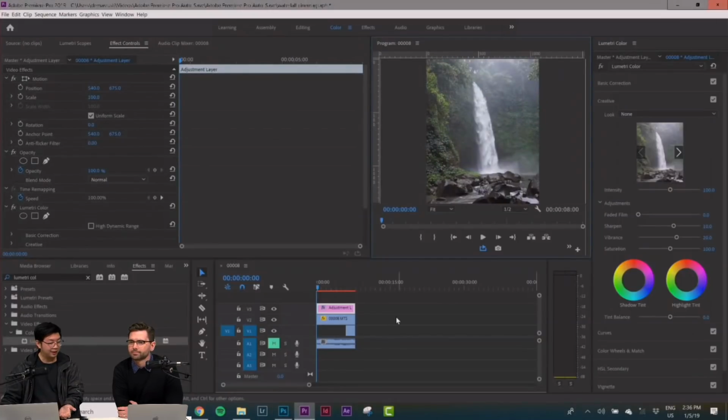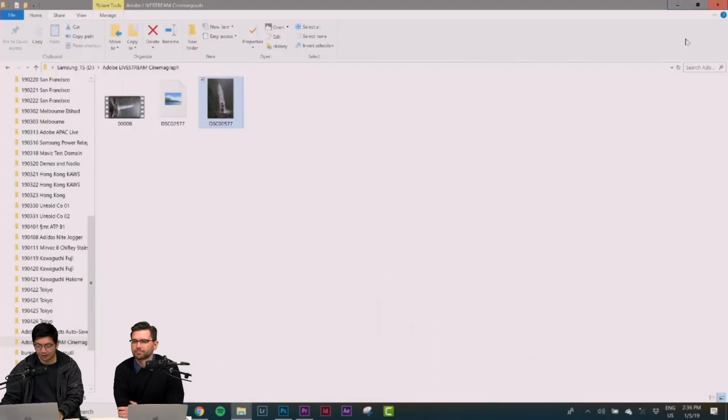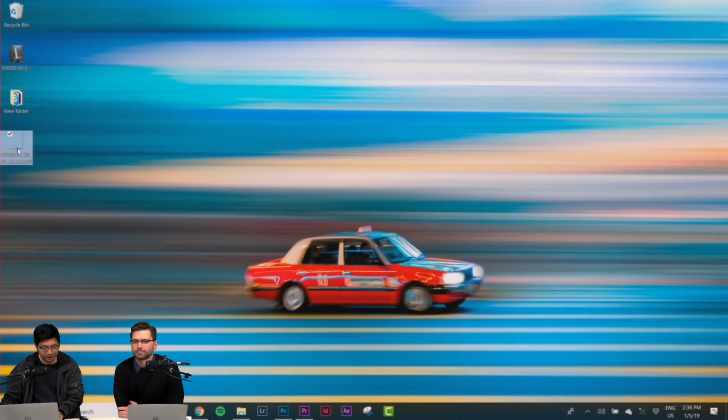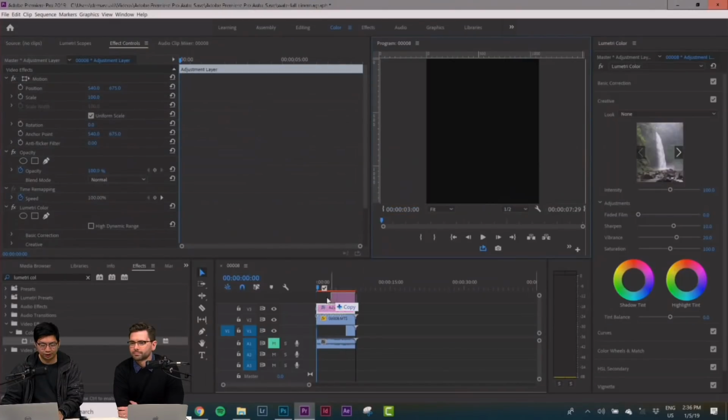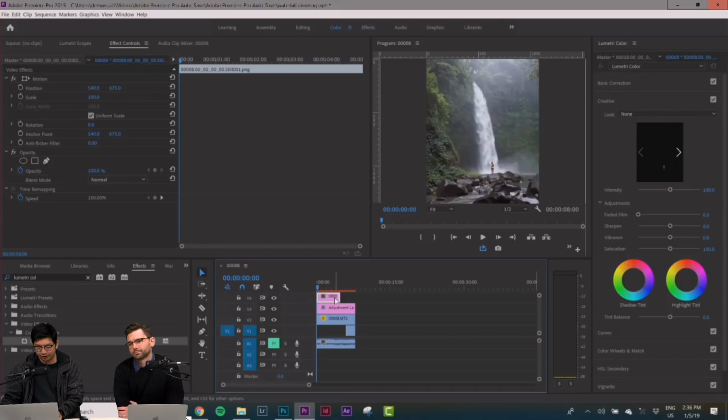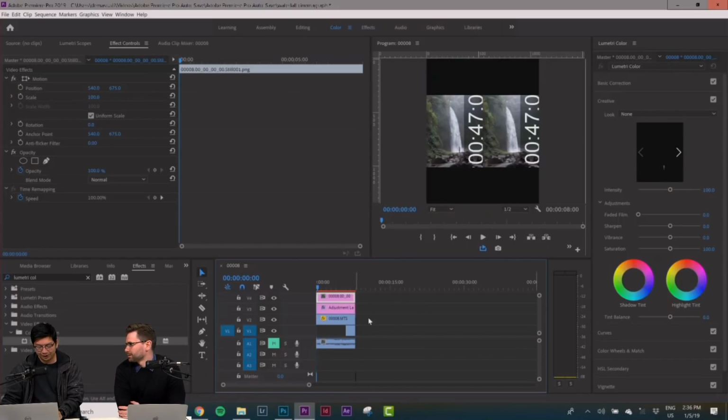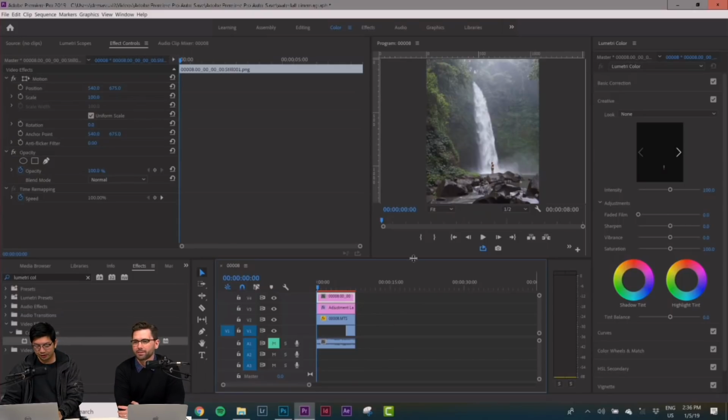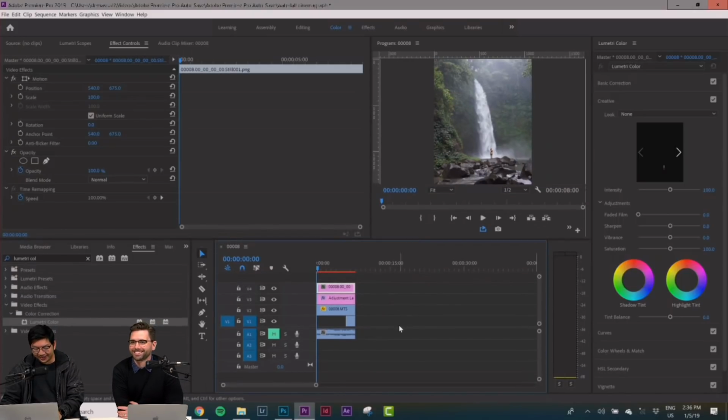So now back in Premiere, all you're going to do is drag that PNG that you've created, which is here, on top of the adjustment layer, because you've already fixed the colors of her. So now she's on top, standing there. Cool. And she's right in the exact right spot because of the dimensions. Right spot, yeah. This is math just coming in handy once again. And that's it. And you get a video of, check it out,